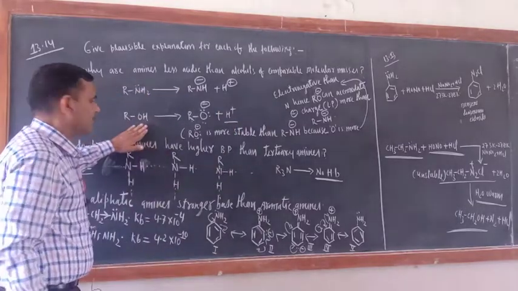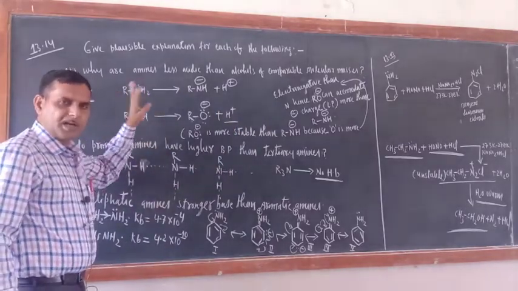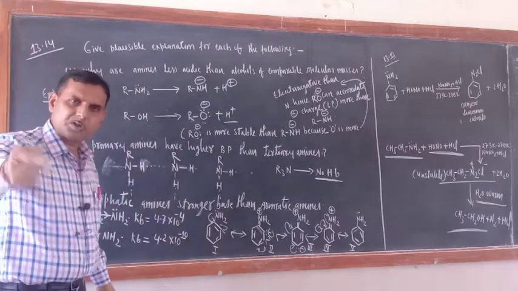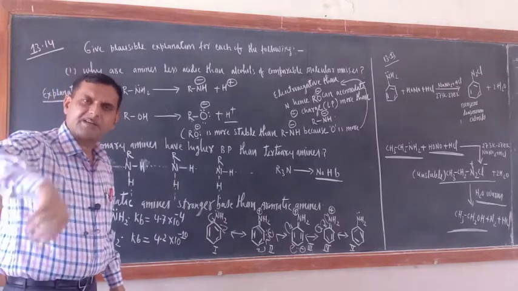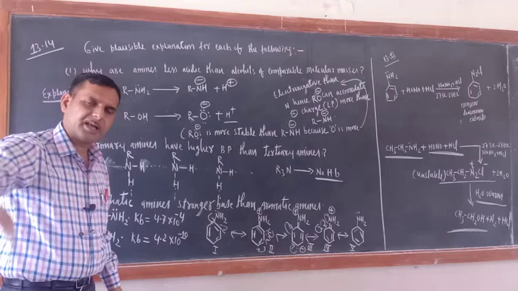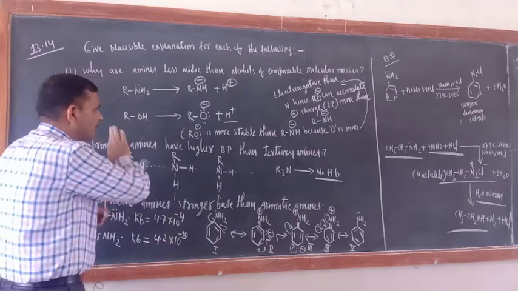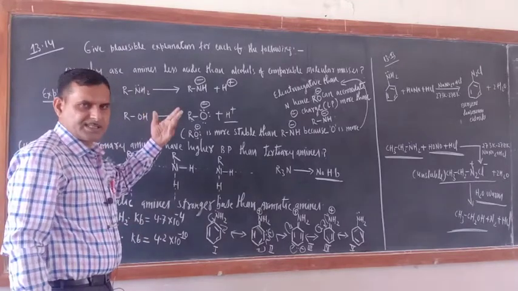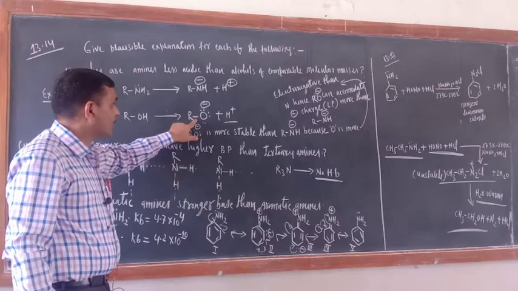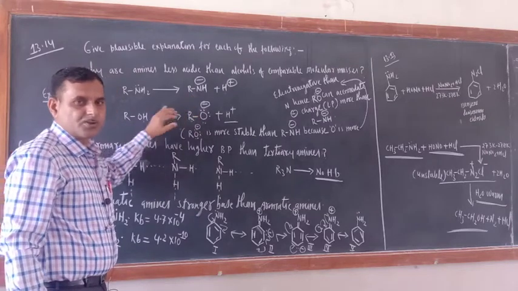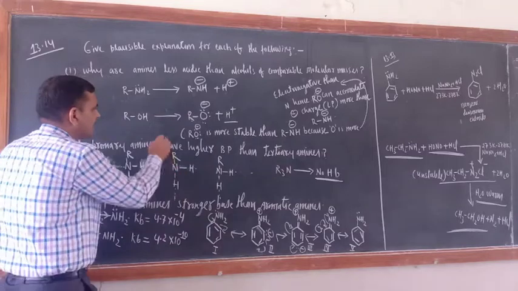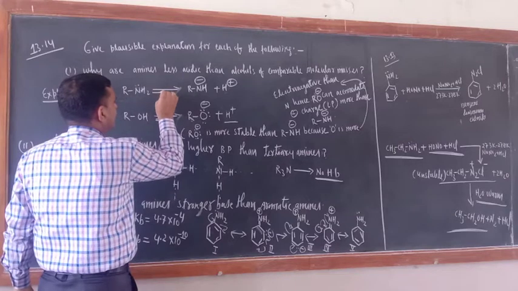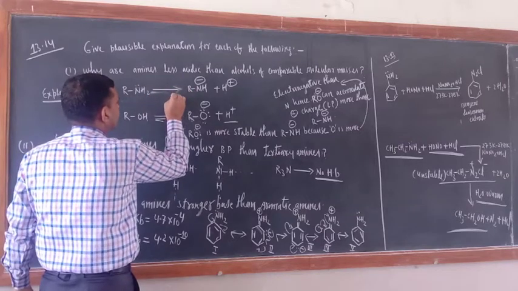Let it be alcohol, phenol or carboxylic acid, after furnishing H positive, if the remaining species is getting stabilized by resonance or by some other factor, then the acidic nature would be more and the equilibrium will be shifted in the forward direction. We have compared so many acidic natures. Here RO negative is more stabilized than RNH negative. So in this case the equilibrium will be shifted in this direction, and in the other case in that direction.